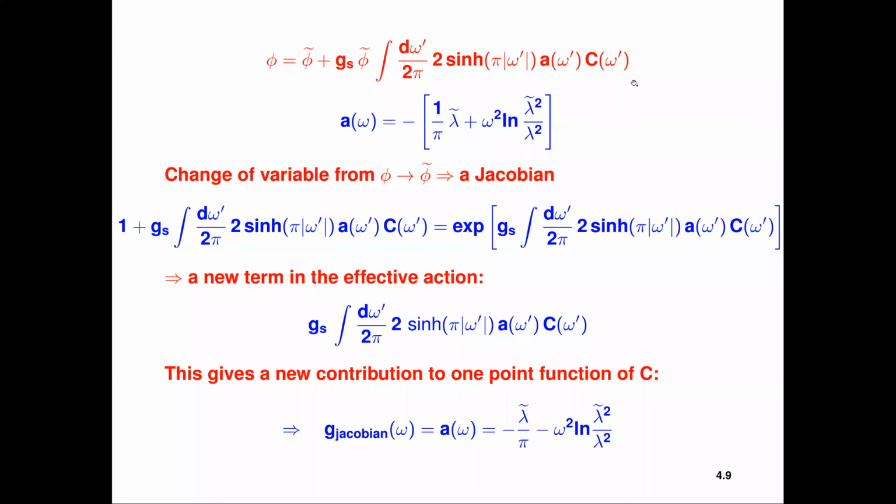Here again I have written down this field definition. The idea is that we are starting with the integral over d phi, that's the BV path integral. Then we convert it into an integral over d phi tilde, because we want the phi tilde dependence to have the simple form e to the i omega phi tilde. But in that process, you pick up a Jacobian, from d phi to d phi tilde. There are of course higher order terms which I have ignored. This you can also write as an exponential. Once you have written this as an exponential, you can regard it as a new contribution to the effective action, which gives a one-point function of C.